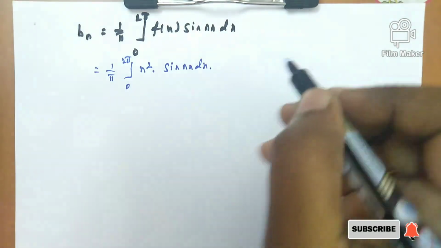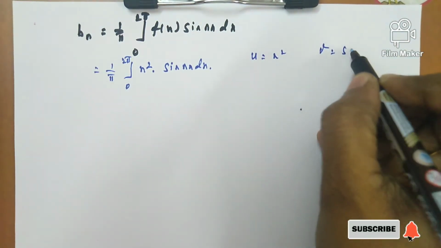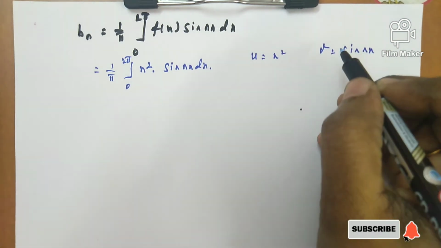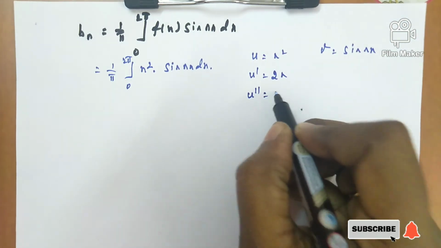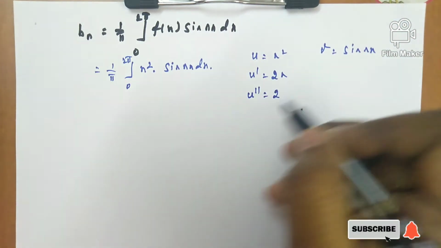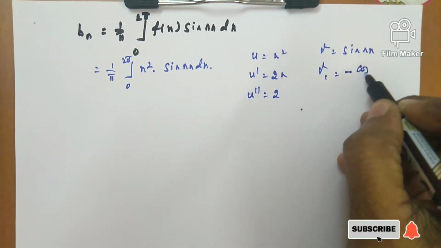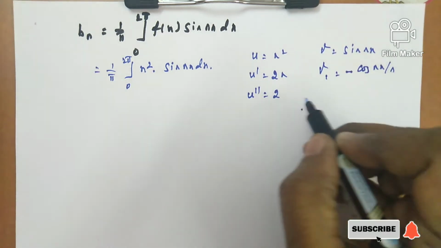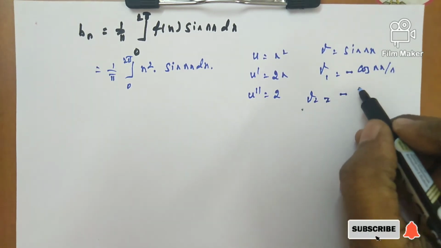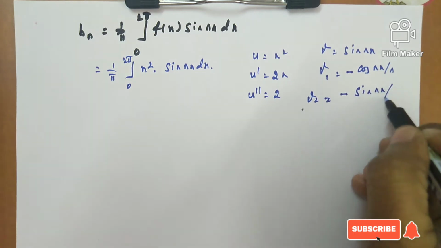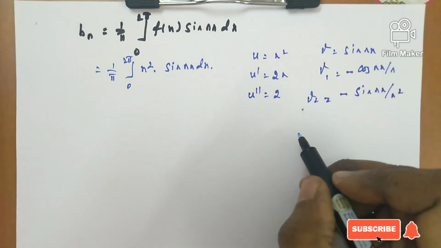Here also we have to take the same manner. u is equal to x square and v is equal to sin nx, as we have seen before. By the same manner, u dash equal to 2x, u double dash equal to 2. If you are going for the third derivative, it will become 0. Then v1 equal to integration of sin, which is minus cos nx by n, and v2 equal to, already minus is there, integration of cos is sin nx, already one n is there, so that is n square, and v3 equal to,